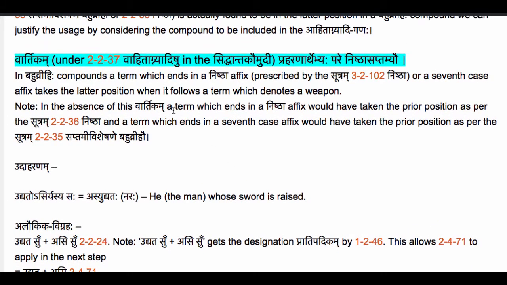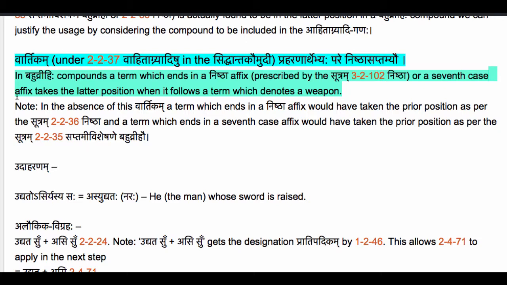We just studied the sutram 2-2-37 Vahitanyadishu. Let us now take a vartikam which occurs under that sutram 2-2-37 in the Siddhanta Kaumudi. The vartikam reads: Praharanarthebhyaha pare nishtha saptamyau. Quite straightforward. The meaning is, in Bahuvrihi compounds, a term which ends in a nishtha affix prescribed by the sutram